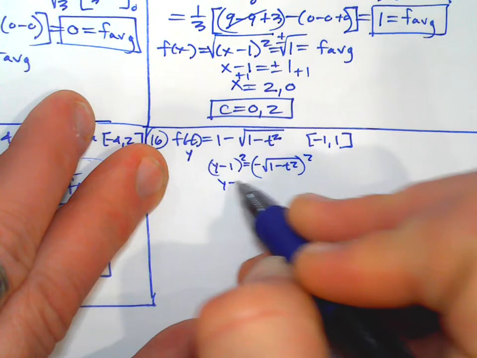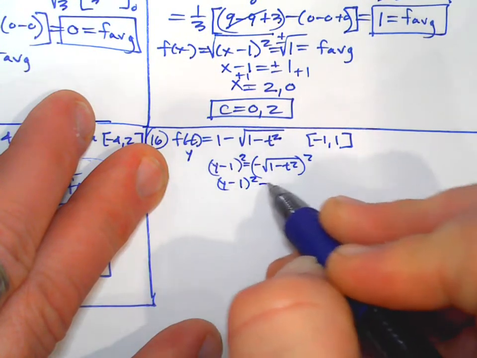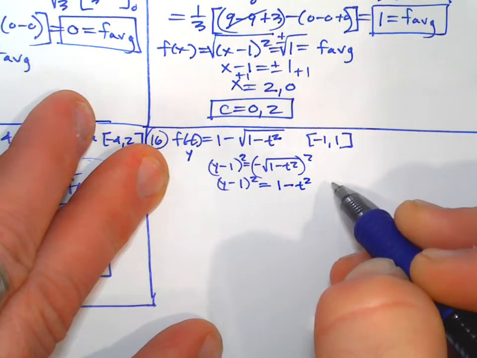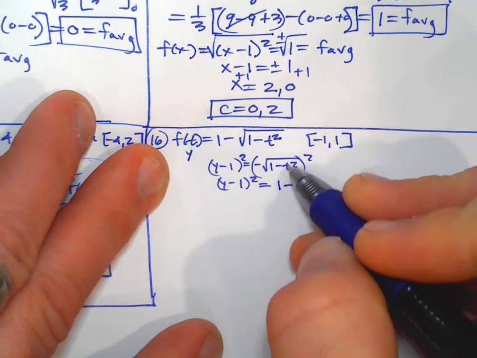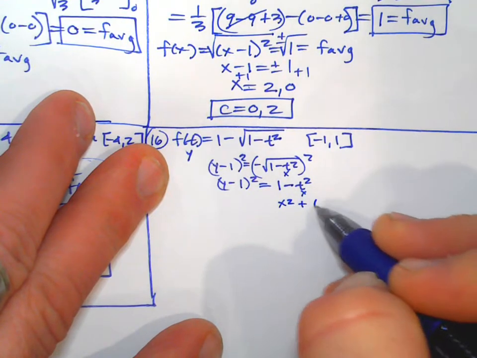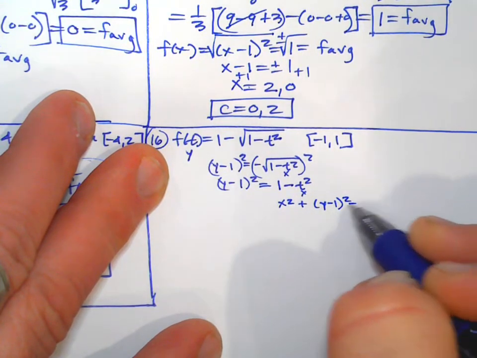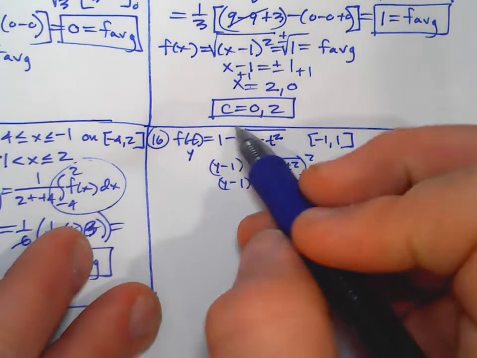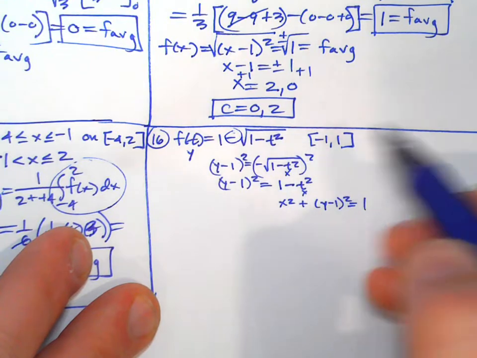So we do y minus 1 squared equals 1 minus t squared, which is kind of like x, and then we could bring that back over, it'd be like x squared plus y minus 1 squared equals 1. That's a circle shifted down 1,